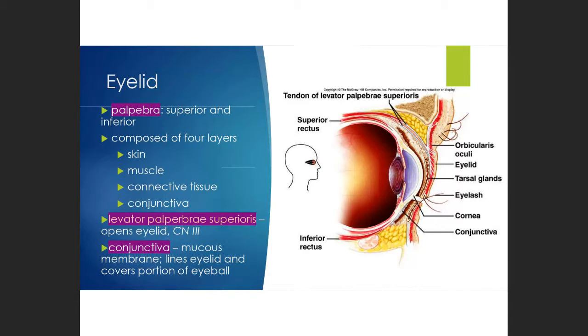I apologize that this slide is a little bit busy, but here we are with the eyelid. Here's the skin part of the eyelid. This is the upper eyelid. You can see the eyelid is obviously closed here. Here's the lower eyelid, and deep to the skin is muscle, as you can see here. This red, let me get my pointer so you can actually see what I'm pointing to. So outermost layer is skin, then a layer of muscle, then connective tissue,